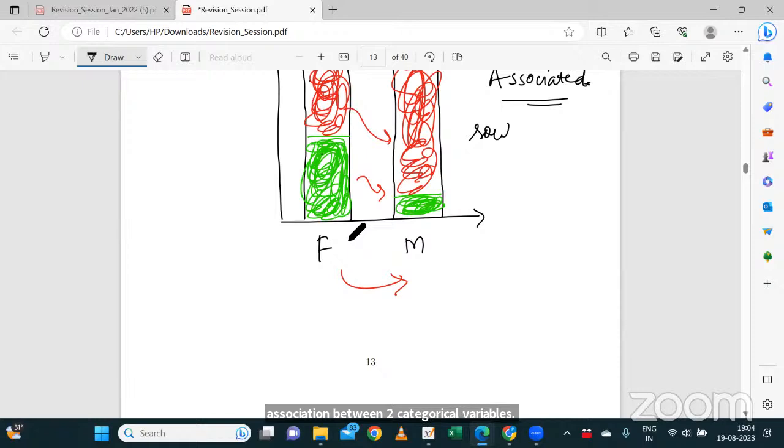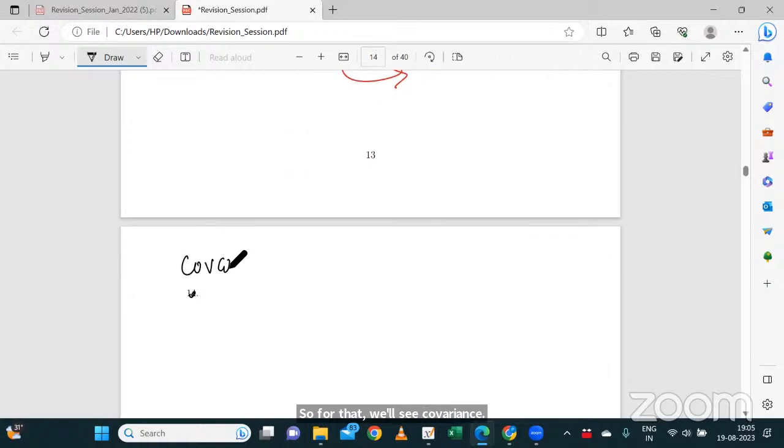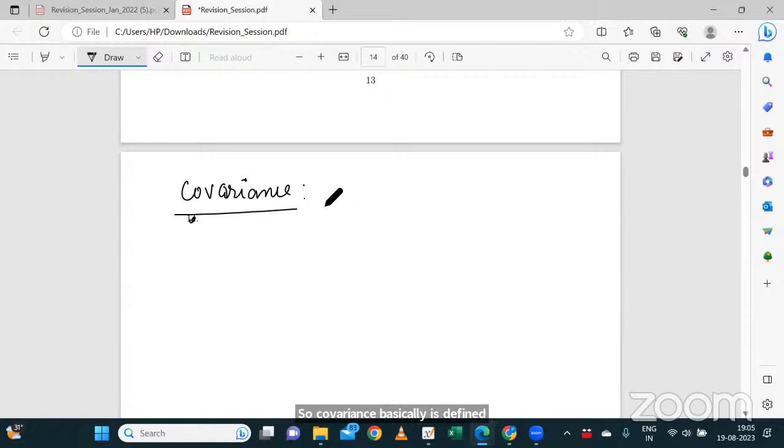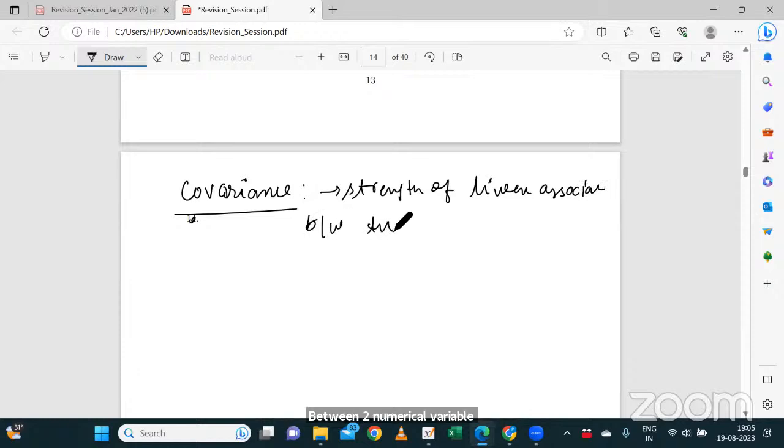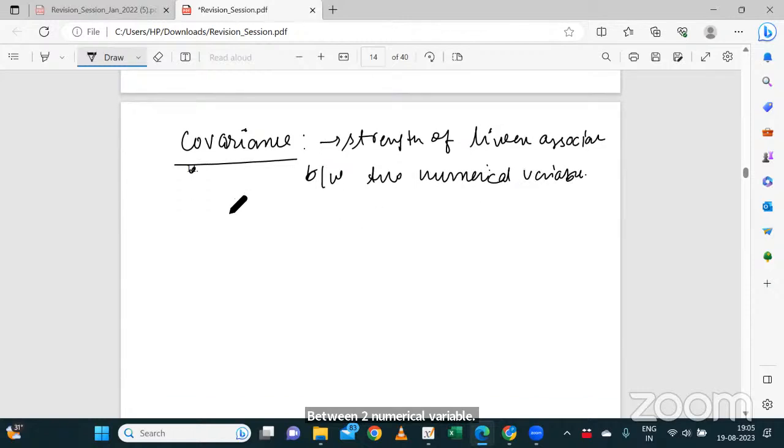Okay. Now since we saw the association between two categorical variables, the next concept is association between two numerical variables. So whether two numerical variables are associated or not, for that we'll see covariance. That concept is called covariance. Covariance is defined for two variables, and it tells us the strength of the linear association between two numerical variables. Okay. So basically covariance between x comma y